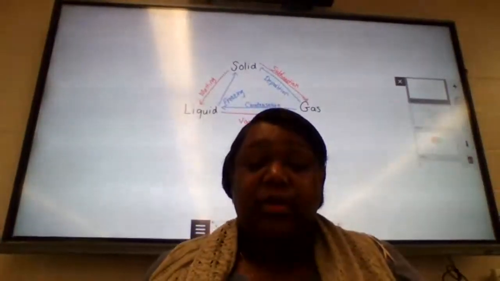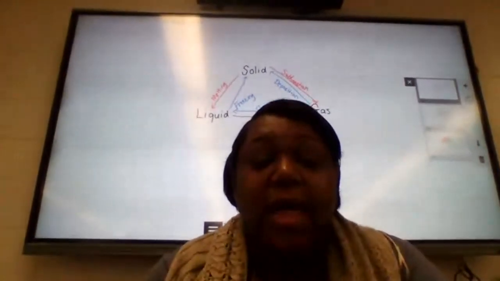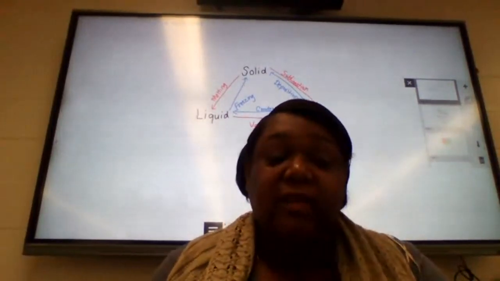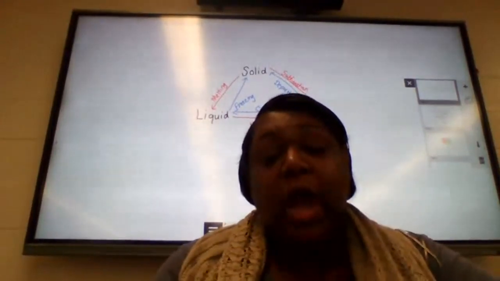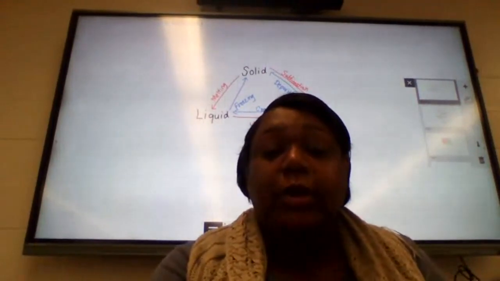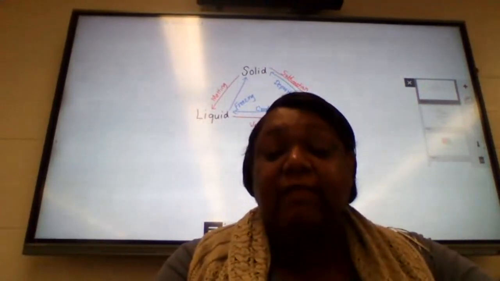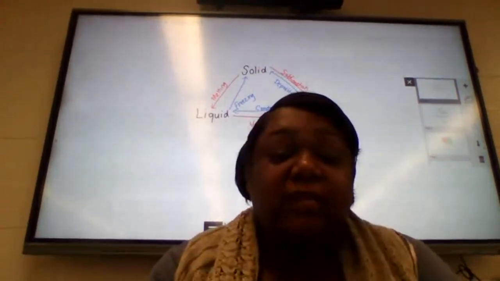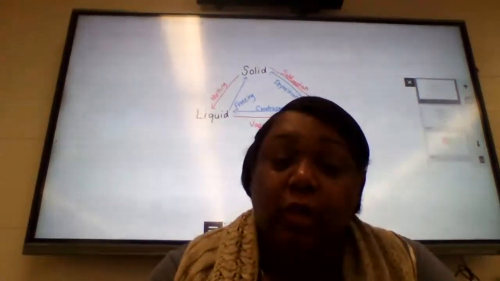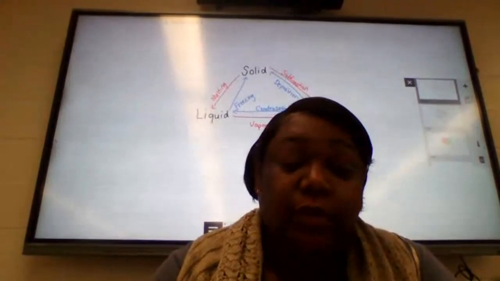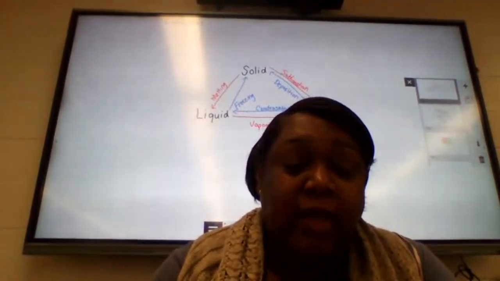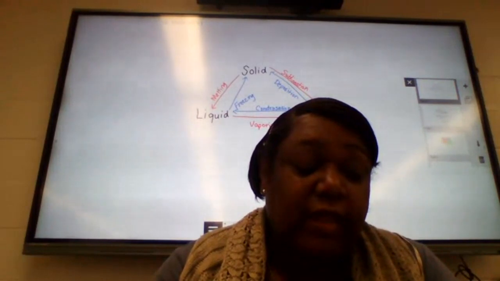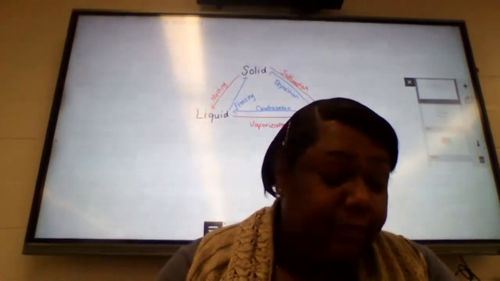Good day, everyone. Today we're going to start talking about the information in Chapter 18. And Chapter 18 is titled Phases in Energy. And so in this chapter, we're going to look at the different phases of matter and energy. Section 18.1 starts out by discussing the three phases of matter that exist on planet Earth, those phases being your solid, your liquid, and your gas.